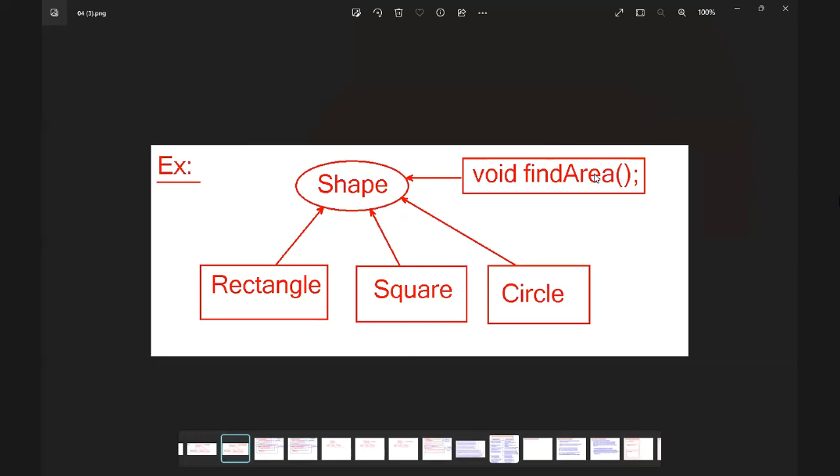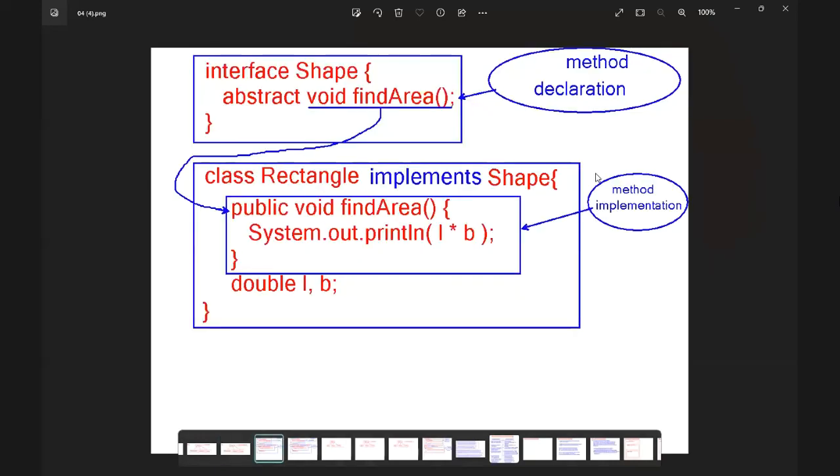Complete your diagram. Okay. Look at this program. Something new point is there here. Can you find out? What is that? Where can I create abstract methods? We can create abstract methods only in interface. Okay. Right. Like a class, interface is also one kind of class. Okay.